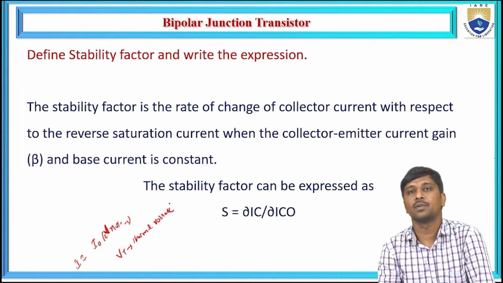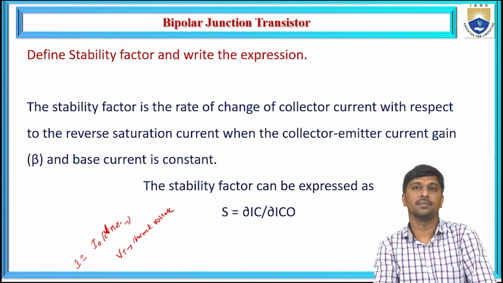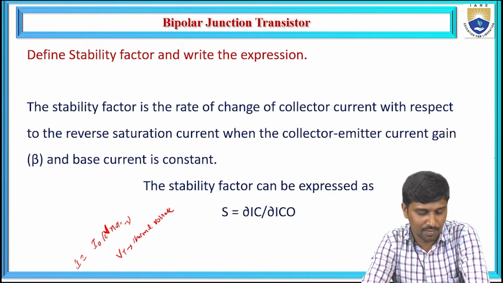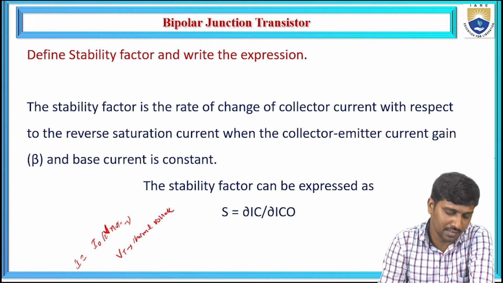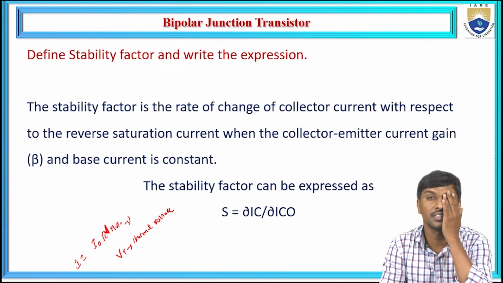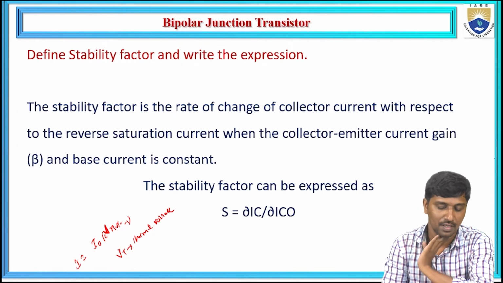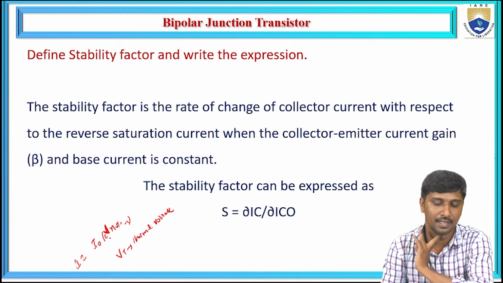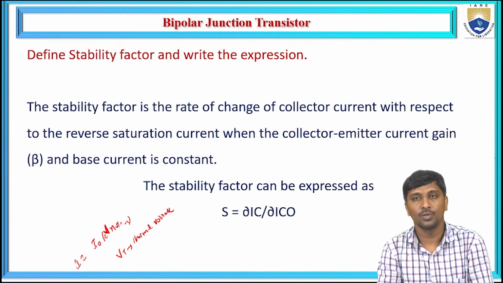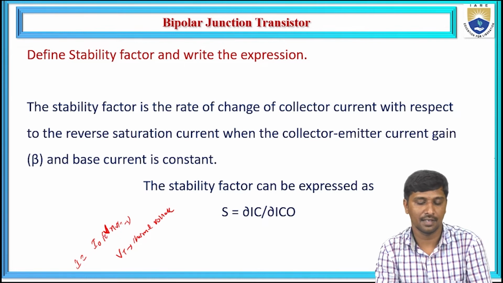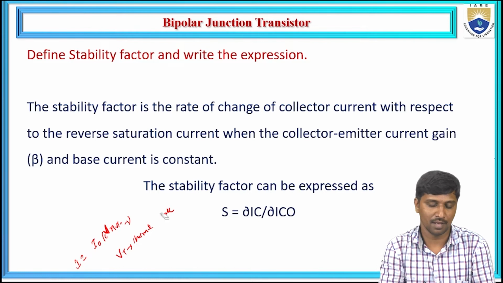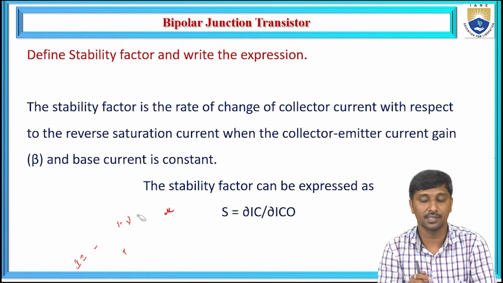So why do we need to consider thermal voltage? Due to temperature, for every 10 degrees centigrade the reverse saturation current becomes double. So even if you apply a large voltage, or the transistor enters into the saturation mode, for every 10 degrees centigrade the reverse saturation current becomes double. To stabilize this